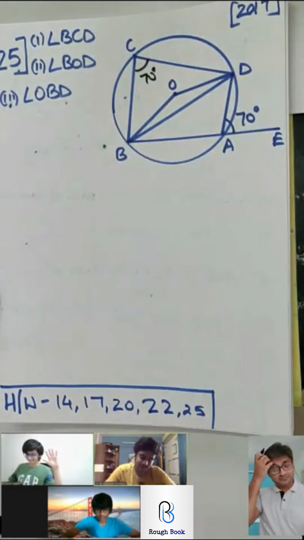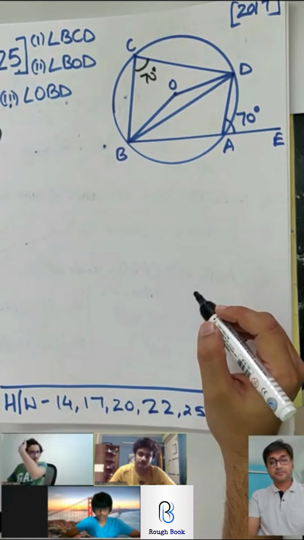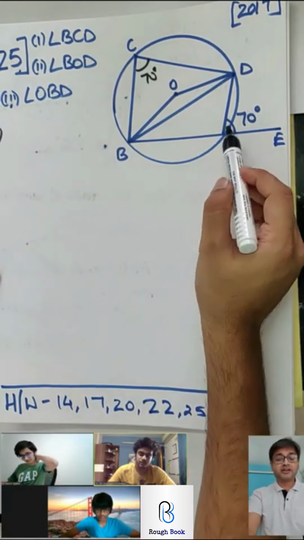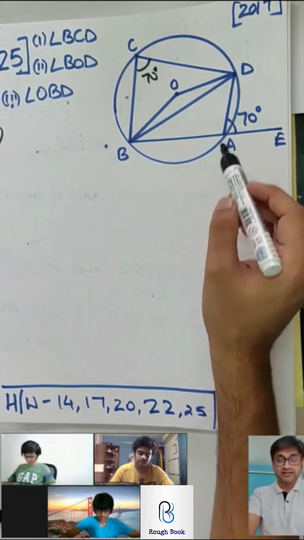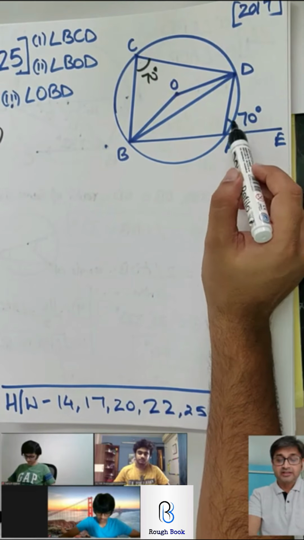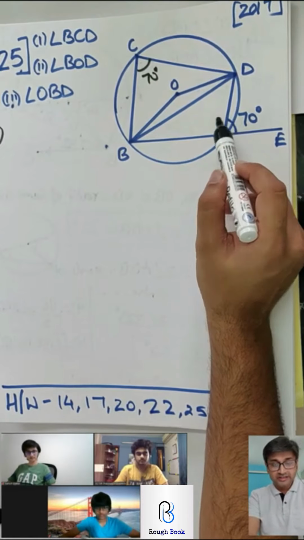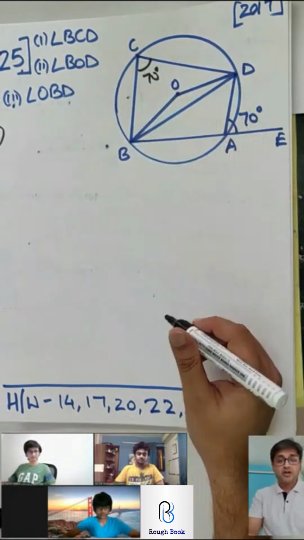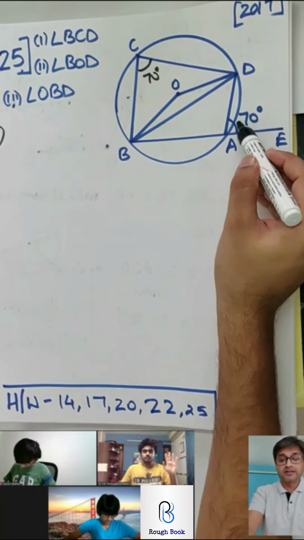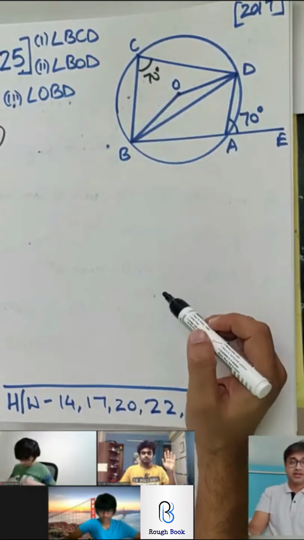So we have angle DAE which is 70 degrees. Then immediately we can get that the opposite angle in a cyclic quadrilateral, opposite interior angle. Yeah. So what is the correct statement? The statement would be: exterior angle of a cyclic quadrilateral is congruent to its interior opposite angle. And therefore this is going to be 70 degrees. So that's what we get for the first one. How to get it 70? DAE exterior equals its interior opposite, 70.